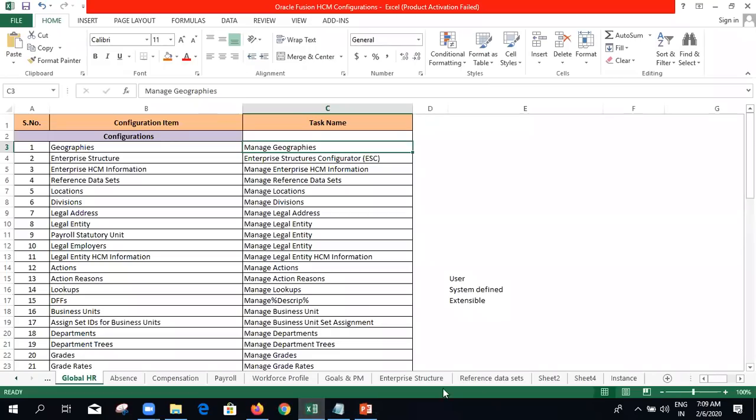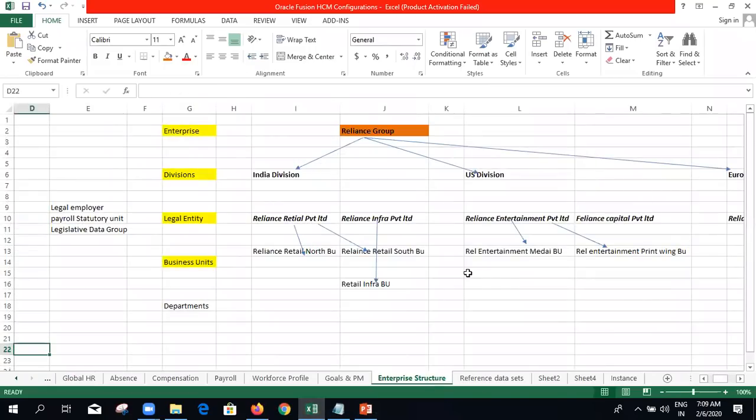So our configurations we will try to do with this example. So I kept here enterprise, divisions, legal entity, and then business units. So Reliance Group is the enterprise here. Under that, I categorized three divisions.